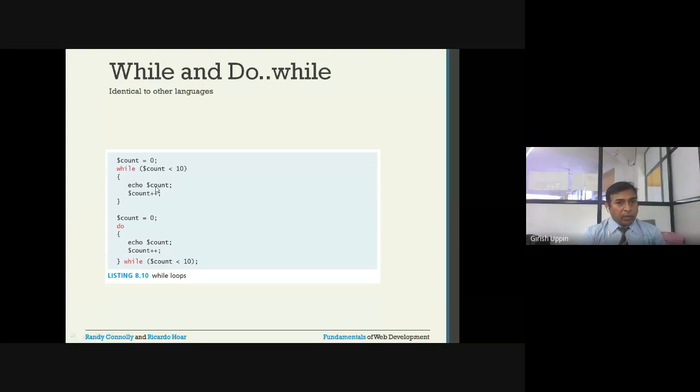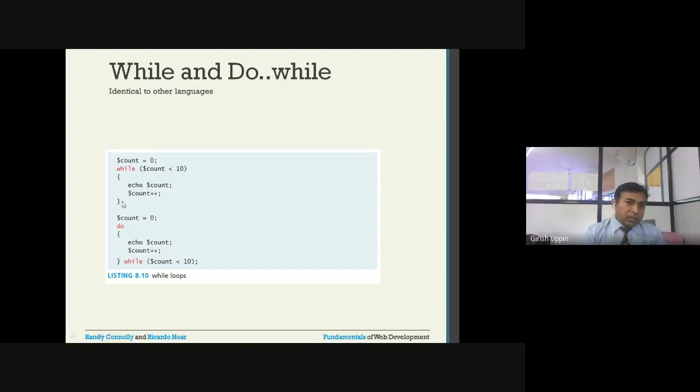While, do while, for, these are the looping statements that are available. In case of a while, this is the keyword, and inside the bracket you have the condition. If this condition is true, then it will execute the set of code that is inside the two curly braces. Here, for example, dollar count is equal to 0, dollar count less than 10. As long as this is true, you are just echoing that particular value, echo 0,